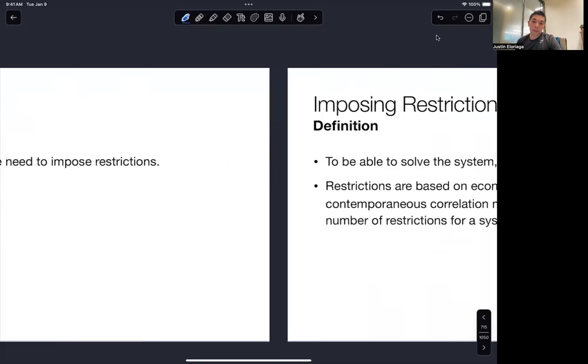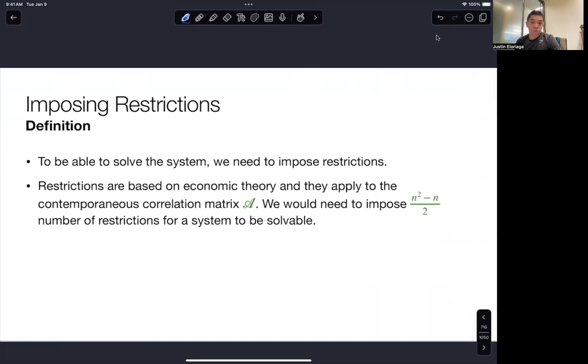So to be able to solve the system, we need to impose restrictions, right? Now, why do we need to do this? Because we need to have at least as many equations as we do unknowns, right? So restrictions are based on economic theory and they apply to the contemporaneous correlation matrix A. We would need to impose (n squared minus n) divided by 2 restrictions